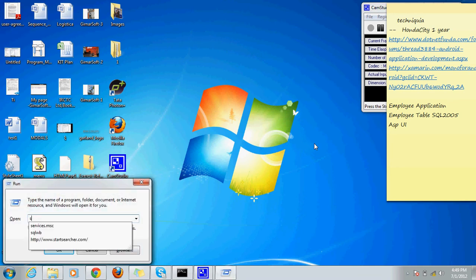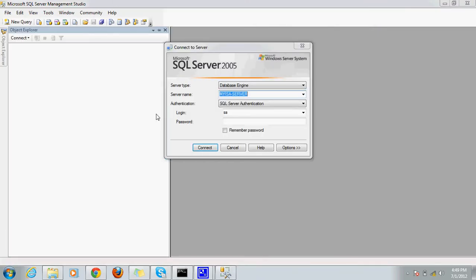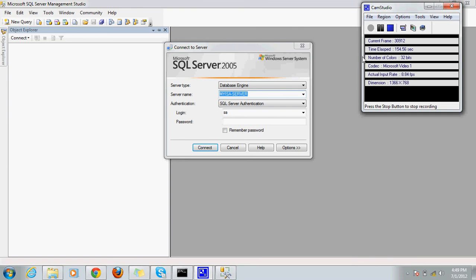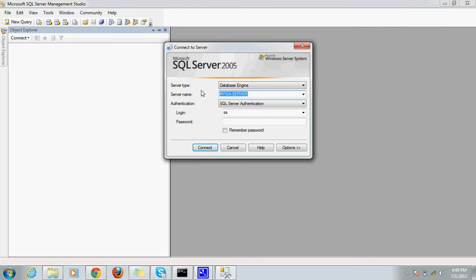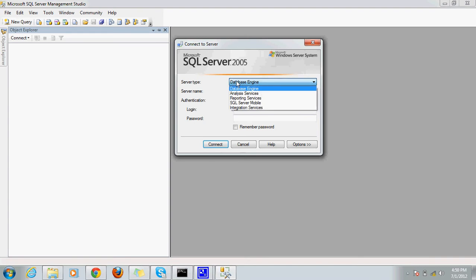So I'm opening SQL Server Management Studio and getting started. Here I'm connecting my SQL Server Management Studio to my database engine. First of all, we need to know what the server type should be. If you're working on a database engine, meaning you are trying to store database specific information, you need to connect to the database engine.